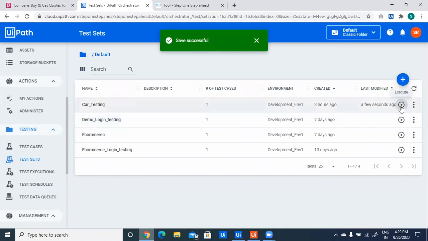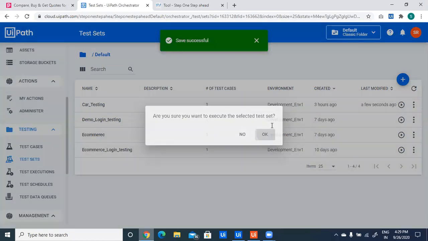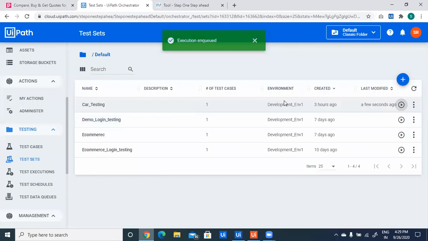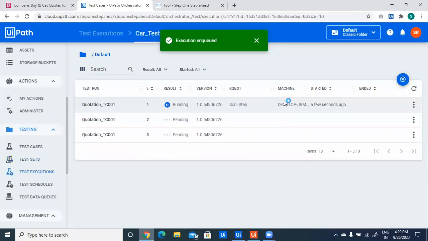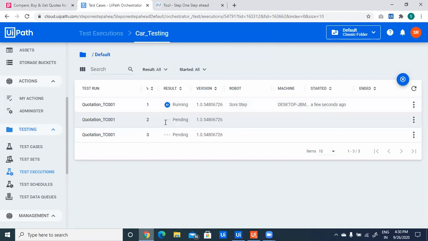Now after clicking on execute, as you can see, my Excel sheet has 3 data rows, so with 3 data rows the test case will run 3 times.